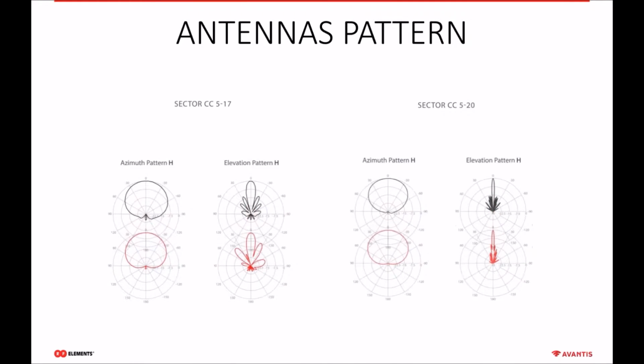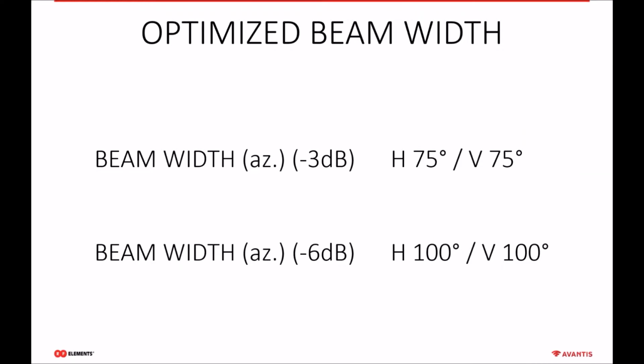We have a lot of questions about the beam width. So this is the beam width for a 17 dBi model. All other models have a very similar beam width. It differs just in a few degrees. And we have a lot of questions why we don't also have different kinds of radiation angles. So we have just this 100 degree,